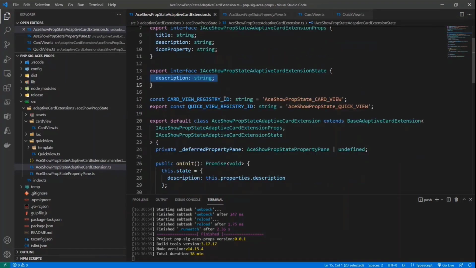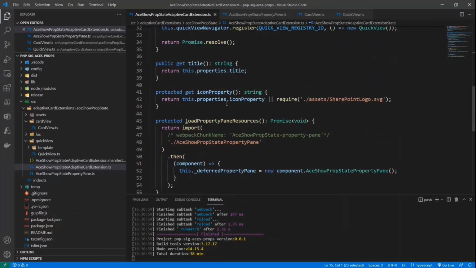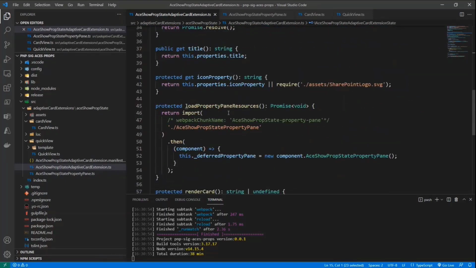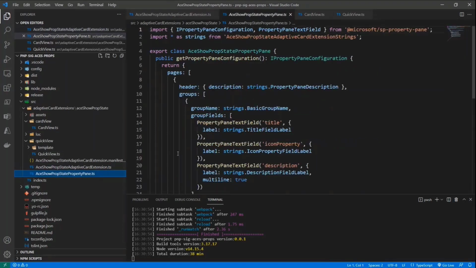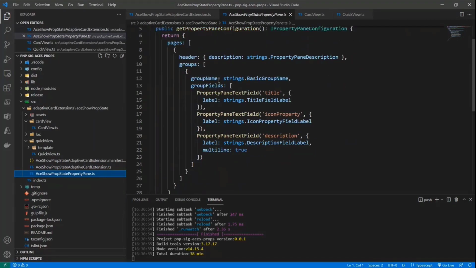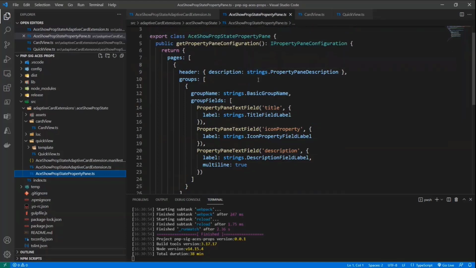Talking about the properties, it is interesting to notice that the properties are manageable through the property pane, but in the design of the adaptive card extensions, the auto-generated code relies on the load property pane resources method in order to get the property pane structure from an external TypeScript file, like this one, for example, in which we can see the well-known structure that we use whenever we create a SharePoint framework web part, even if right here in the auto-generated code, we have an isolated file for the definition of the get property